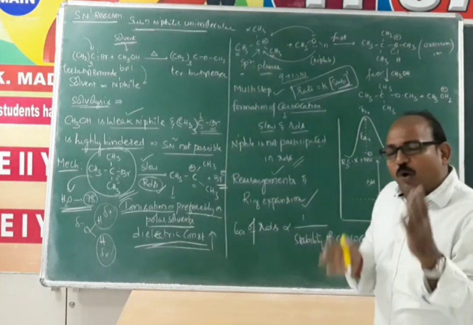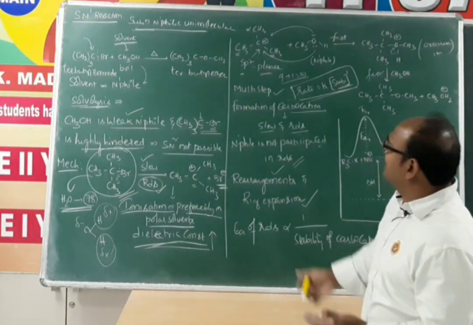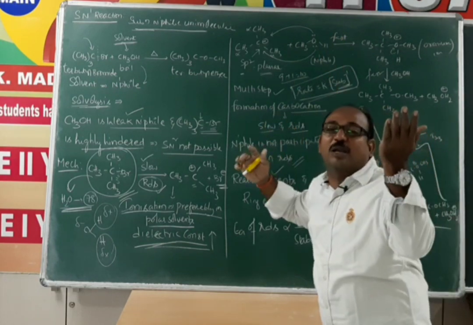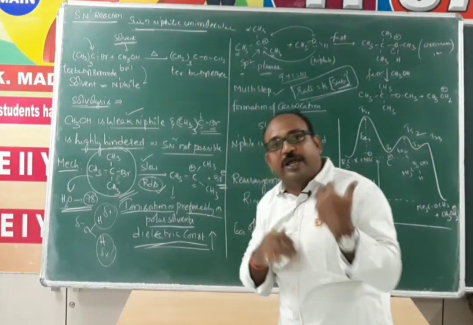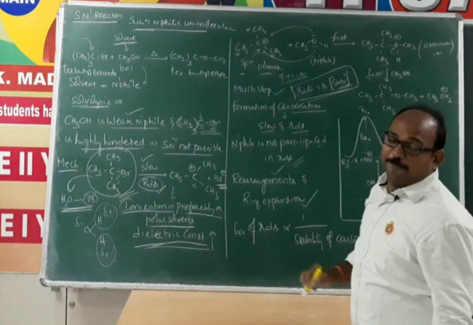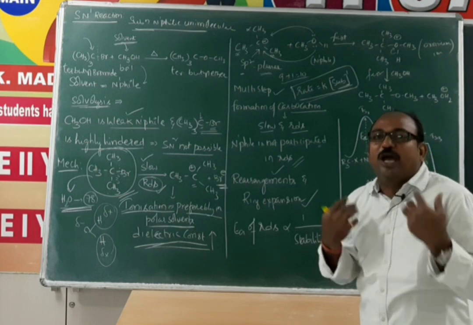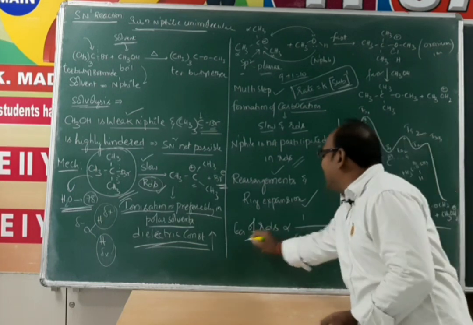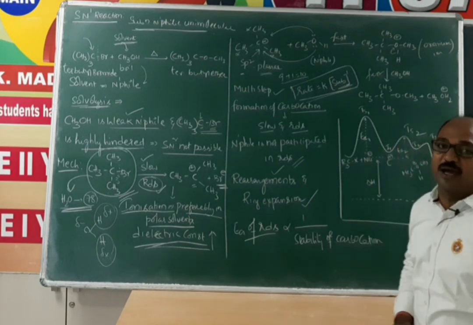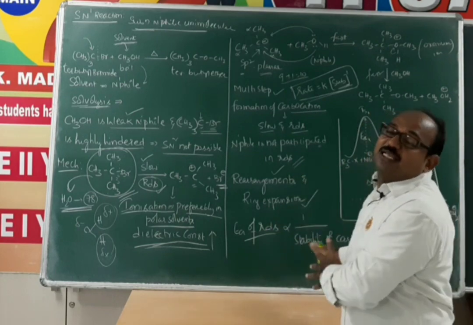Okay, fine. But which carbocation is more stable, and which is less stable? As previously we discussed, the more the number of plus I groups or electron releasing groups, the more the stability of the carbocation. And if any electron withdrawing groups are there, they reduce the carbocation stability. In other words, while forming that carbocation, what amount of energy do we have to provide? That is what we call activation energy. The more the activation energy of a carbocation, the less the stability.